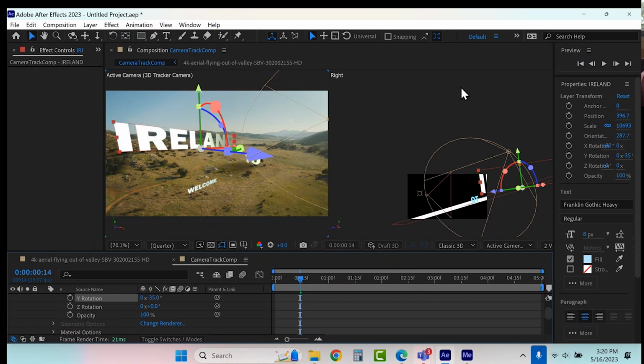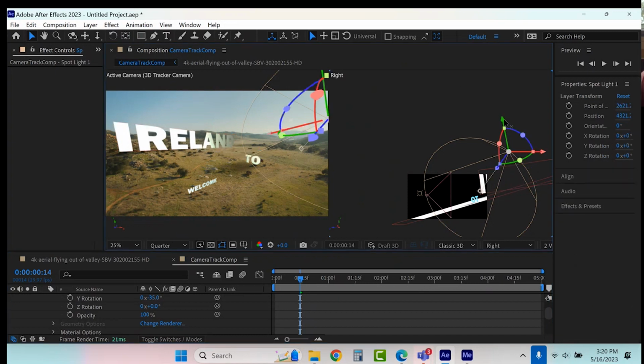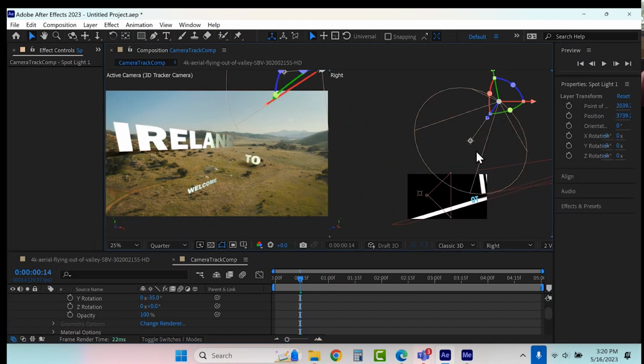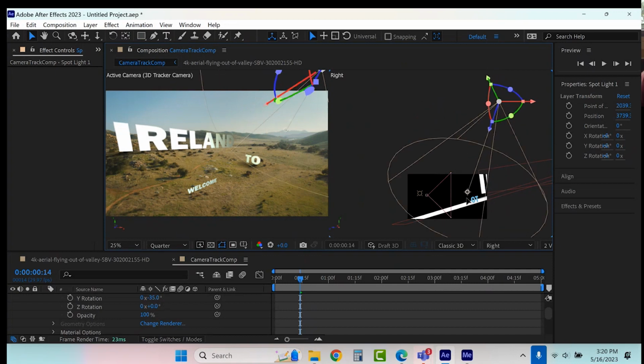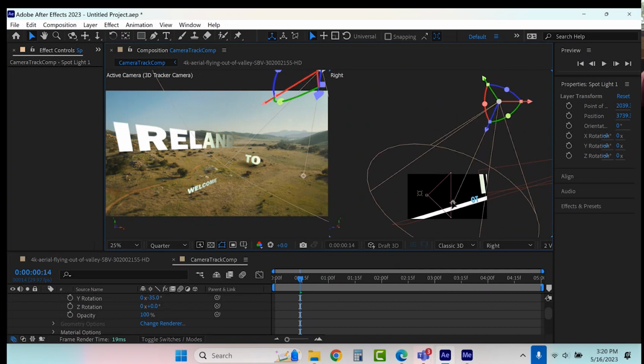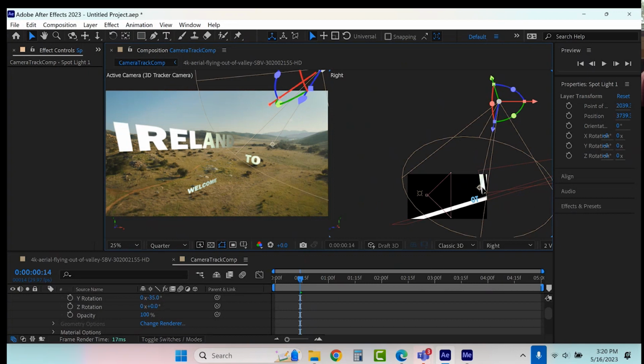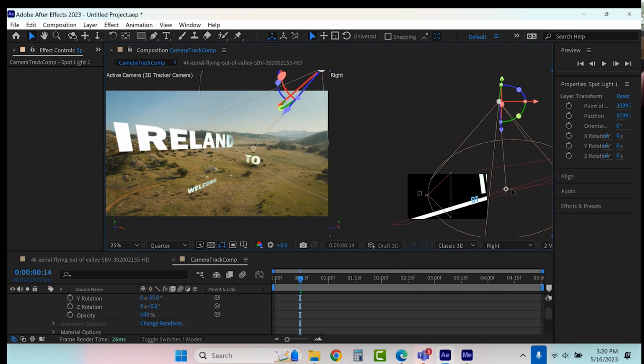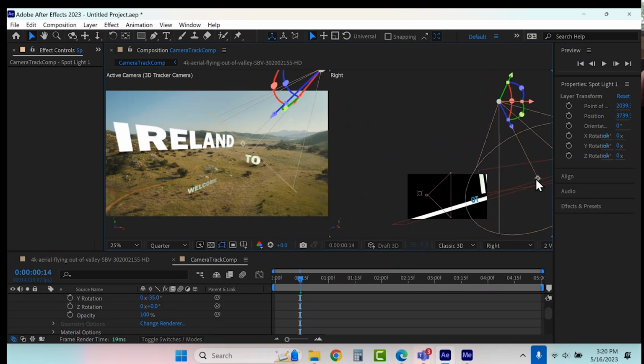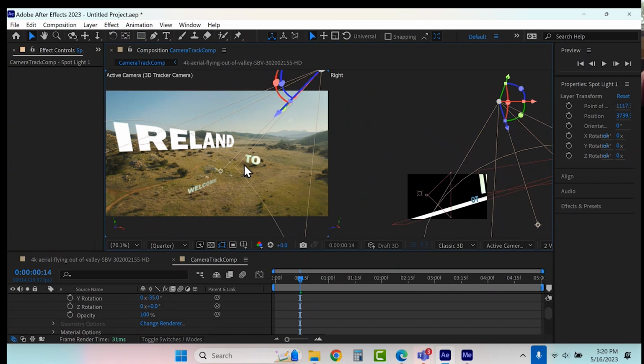Okay. This tells me my light still needs to be more up and down. See, I'm just aiming that more. There we go. See, I'm trying to get the word to cast a shadow that mimics that rock there. So it actually gives off some shadow.